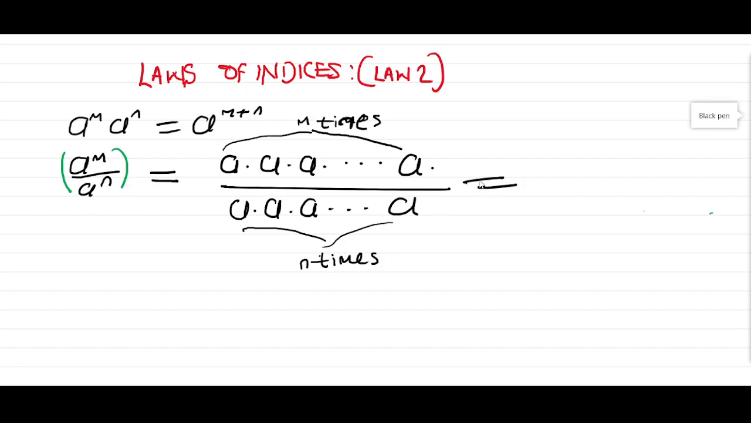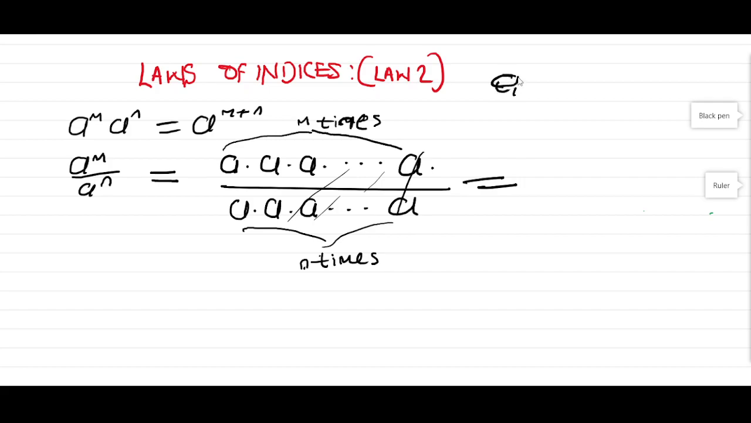So here we are going to observe that we are going to cancel out some of the a's. But how many are we canceling out really? Well, from this m here, we are taking out n a's, because just as before, when we had a to the seventh power,